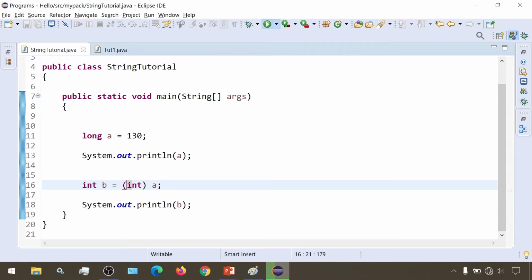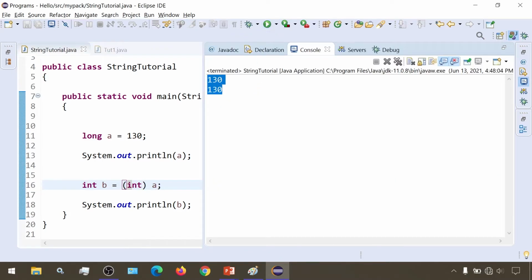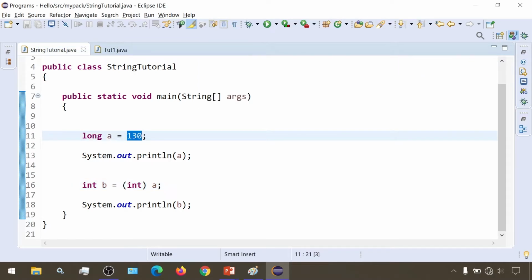and then I run this, I'm getting 130 as my output, because even though the value 130 is in the range of int, it is stored inside a long variable, so it is occupying 64 bits, and those 64 bits need to be converted into int. As I have said, the compiler will first check the data types and then the values.